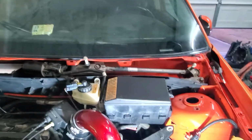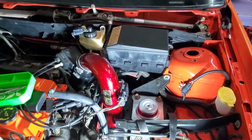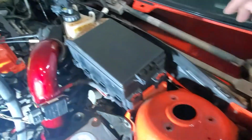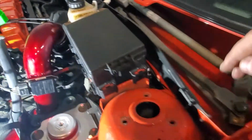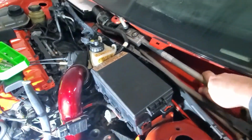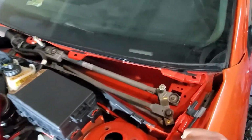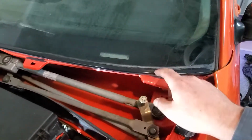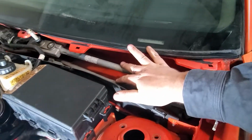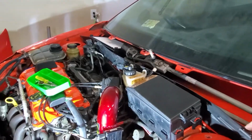Cowl cover is in. Well, just the damn border thing is in. All it is is a combination of 8 mils, 7 mils, and 10 mils. And she's in, along with the wiper assembly. So all I need to do is fix one of the cowl pieces, because they both have a strip that sits in this groove. And I think on the one over here, I halfway sliced that off or broke that off, so I have to re-glue that on. Engine bay wise,